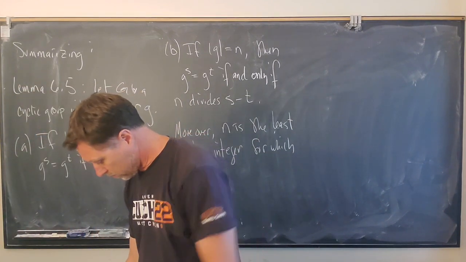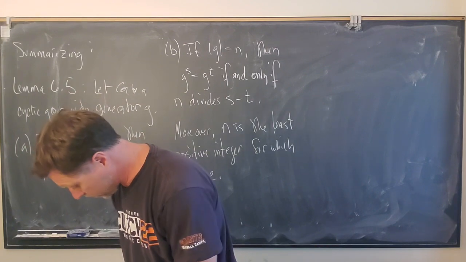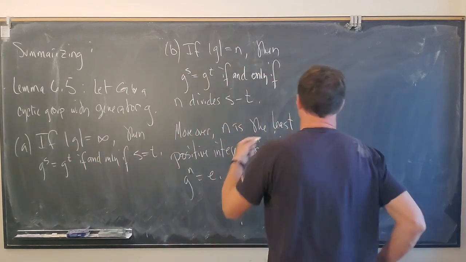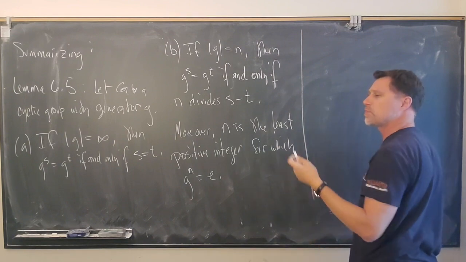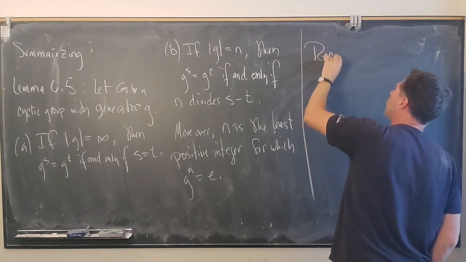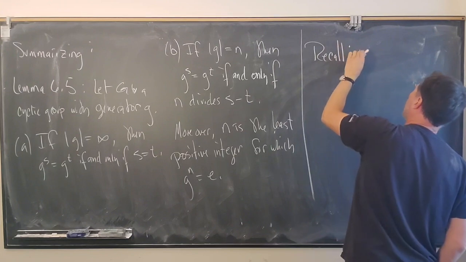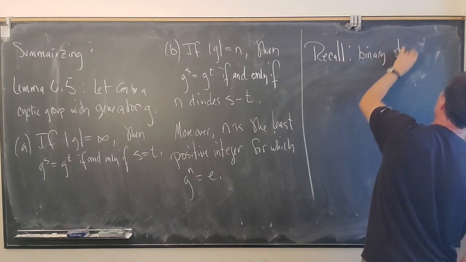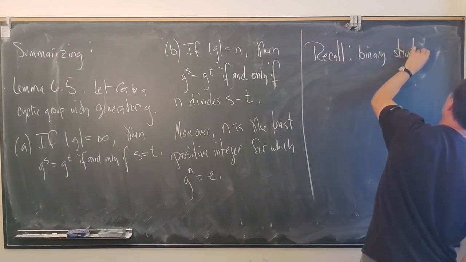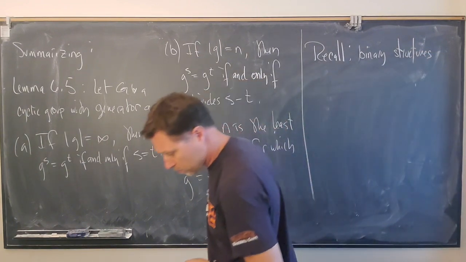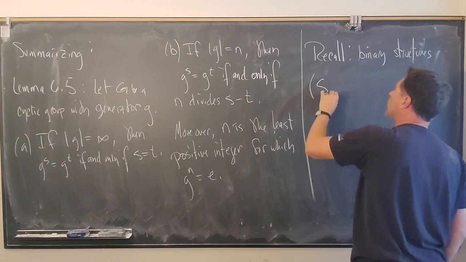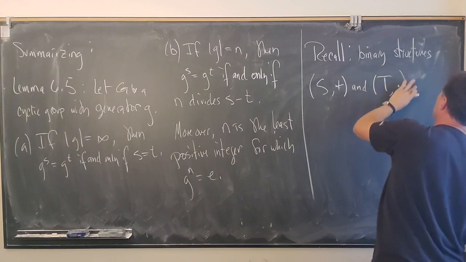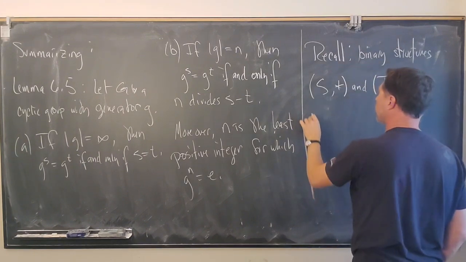Okay, so now let's see what else I want to talk about. Ah, yes. Let's just remember back to what we were talking about when we first introduced binary structures. So let's recall: binary structures (S, star) and (T, dot) are isomorphic